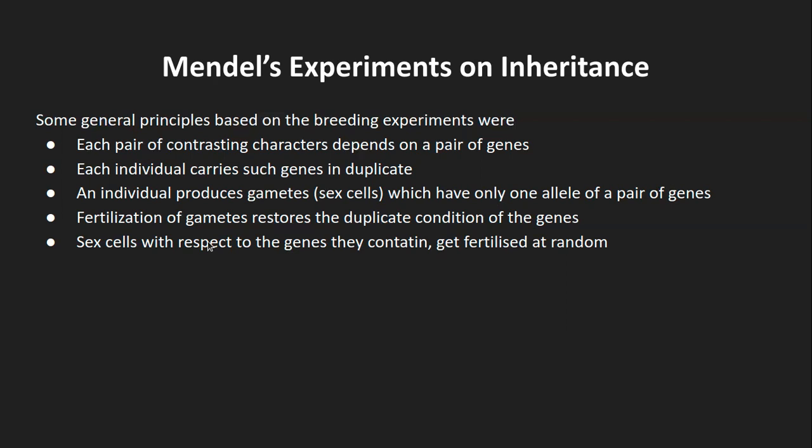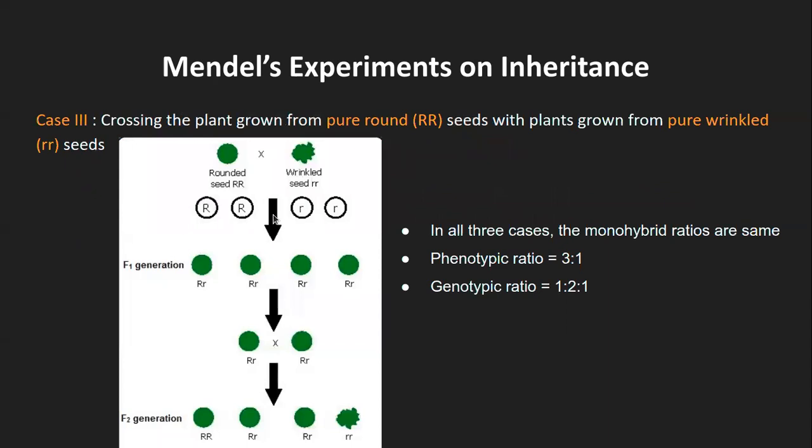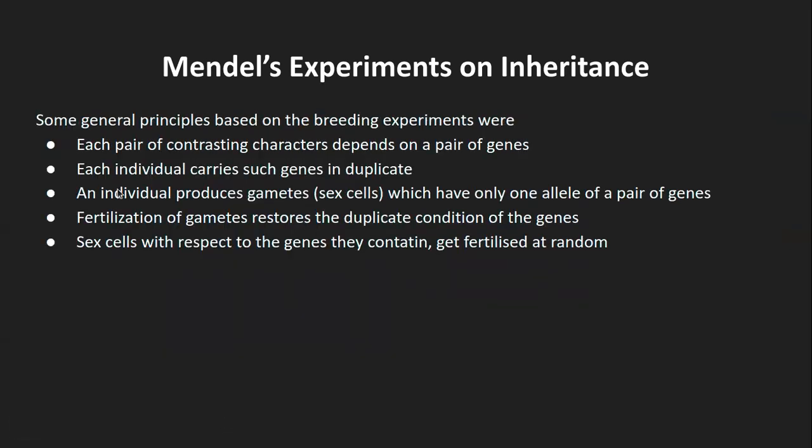So obviously, like we had seen, or I will show you here in this slide, even though the parent generation had both capital R, the next generation had only one of them, right? That is one capital R. When the next generation was formed, if you talk of one individual, that particular individual got only one of the alleles from the parent. So that is what it means, that an individual produces gametes which have only one allele of a pair of genes and not both the alleles.